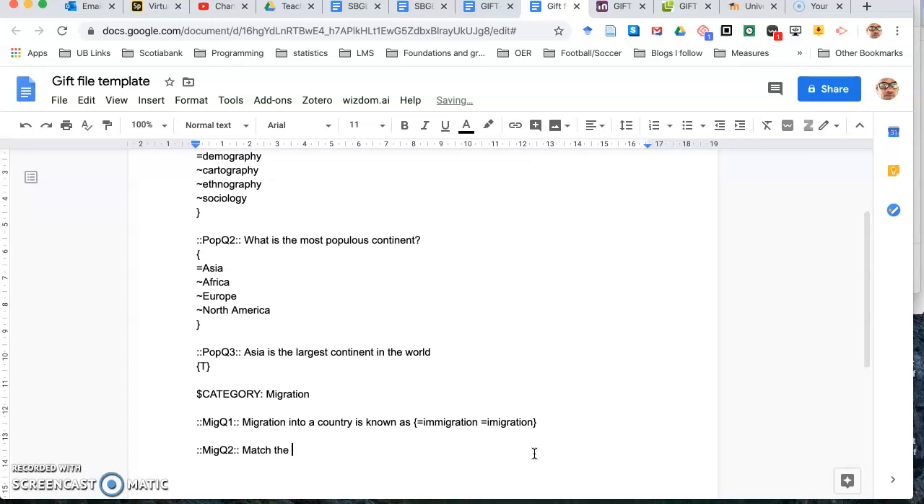Match the terms to the definitions. Again, I start with the curly brackets. Now for this, we start with an equal sign, and I'm going to say immigration. Then you use a dash and a greater than sign, in other words, an arrow. Immigration matches with migration